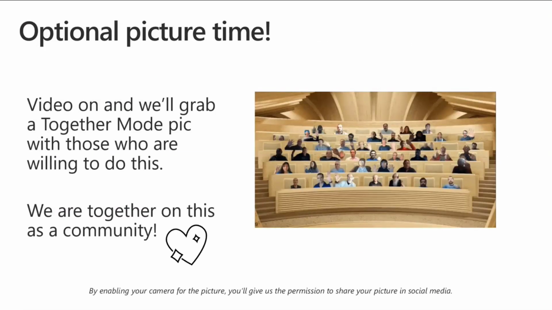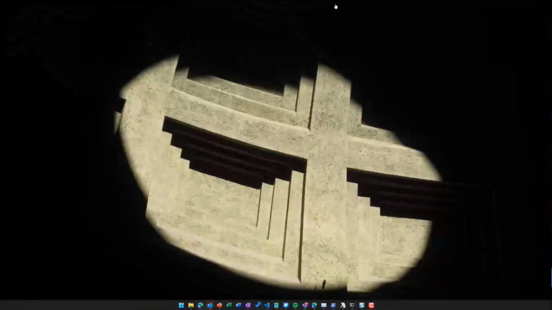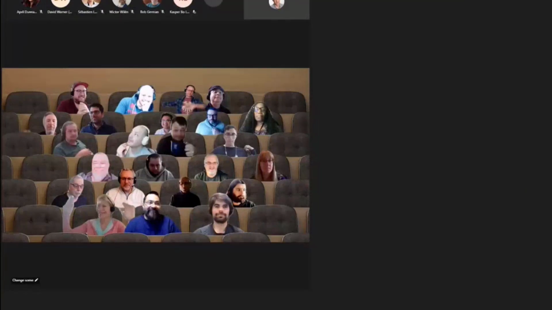What time is it? Optional picture time. So we'll hand it over to Vesa to show everyone off and take a. Todd is doing his best stretching and share my screen. Is the hair good? Can you see my watch? What's the saying? Let's wait a while. So you can see the screen most likely. We'll probably get a few more people joining in. I will enable my camera as well. And let's see, one more row. There we go. I guess we're good. So let's do some hand waving.